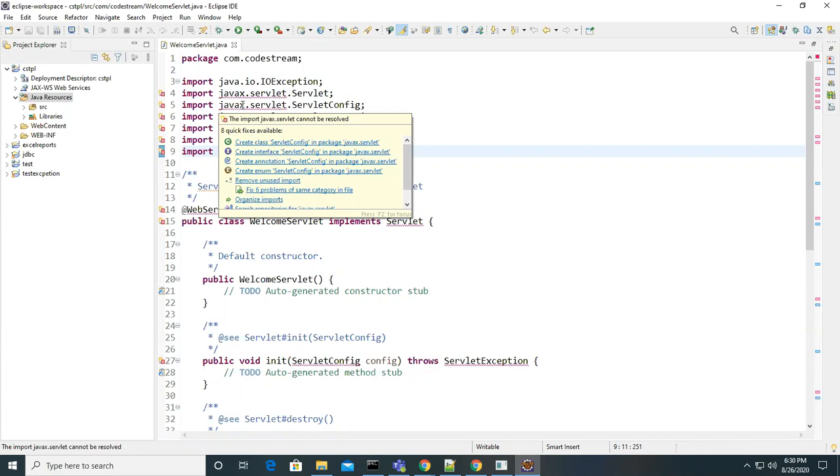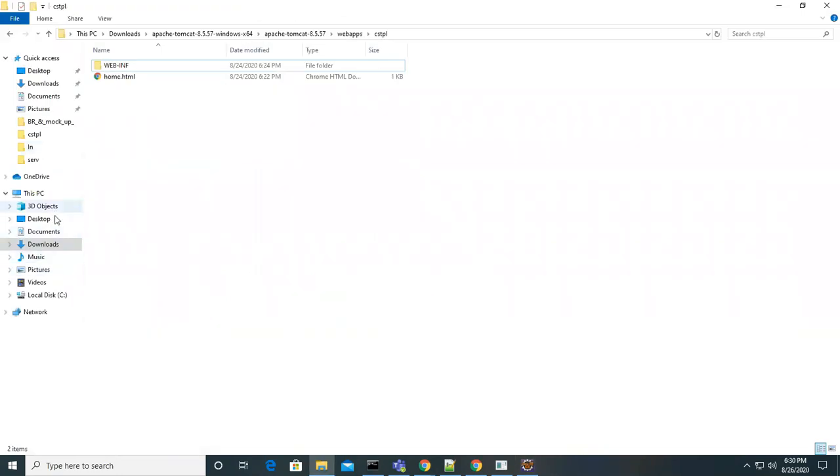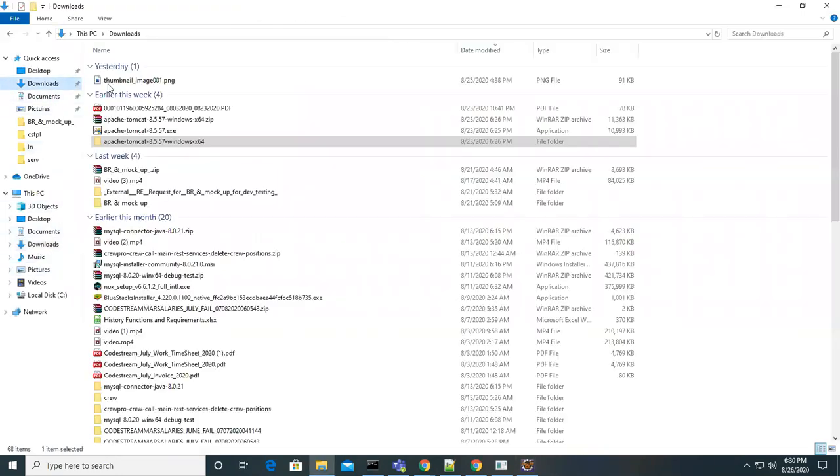Servlet. Okay, javax.servlet. What is the jar file name, guys? I think you guys do not practice. That's the reason these are all the problems.